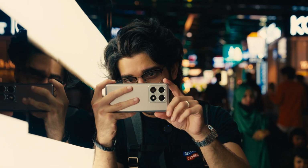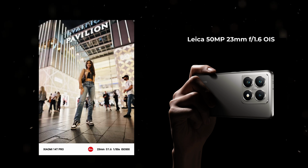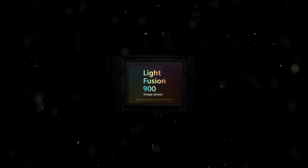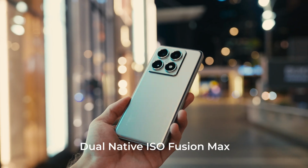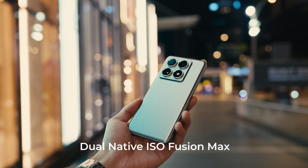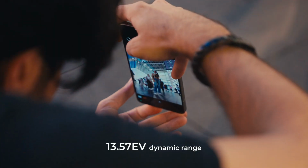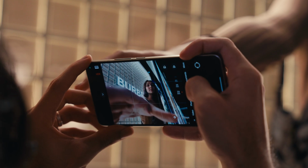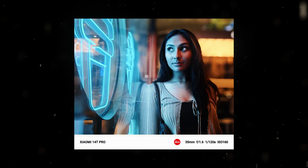Starting with the main camera. With this, you're getting a 50 megapixel 23mm f1.6 OIS camera, which has Light Fusion 900 image sensor. It comes with dual native ISO Fusion Max technology, because of which you're getting a dynamic range of 13.57 EV. But what does all of that mean? It means you're getting really good low light sensitivity and details, which is very hard to achieve, especially on camera